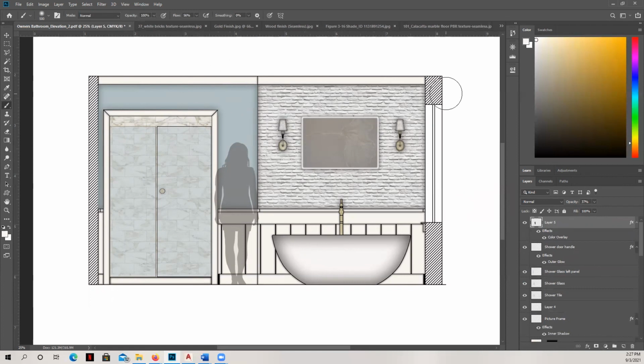Okay, so now you have a really beautiful elevation in which you've got all of these materials rendered. You've got a transparent overlay that shows the glass doors and then what's behind them. You've got a three-dimensional object rendered here. You've got various patterns and textures defined, outer glows and inner shadows on everything. You've learned how to bring in a piece of art and put a picture frame around it. And so all you need to do now is go ahead and add a title at the bottom and a swatch key on the side, and this will be ready to go.